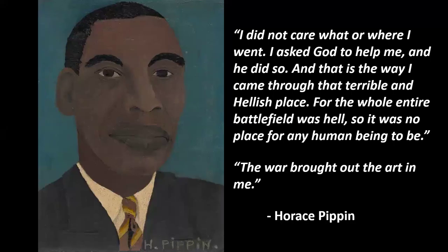And then here's a quote from Horace Pippin. So during this kind of physical therapy, some of the people that were helping him encouraged him to pursue his art. So he ends up doing that, and then he ends up becoming a really successful artist. So you kind of wonder, well, gee, what would have happened if he would have never got shot and injured